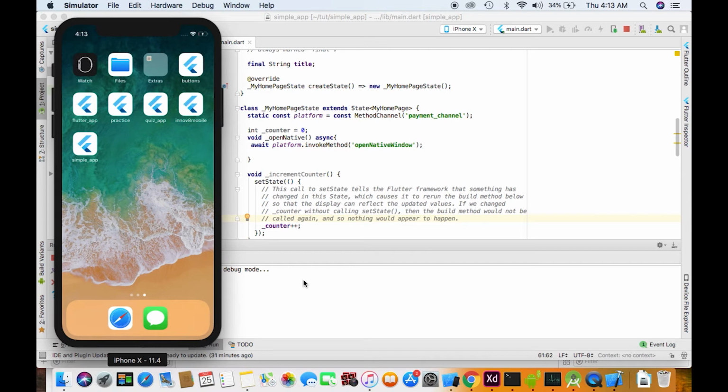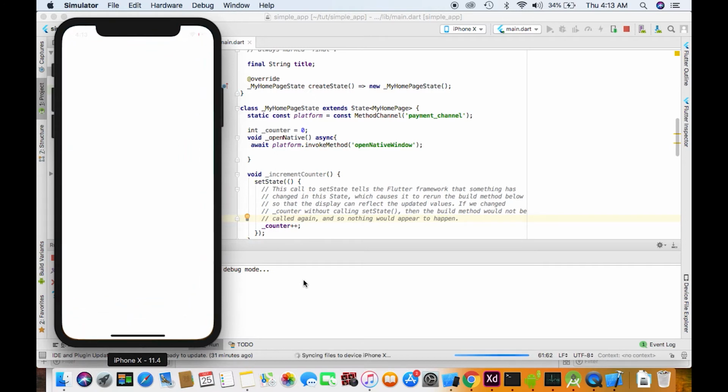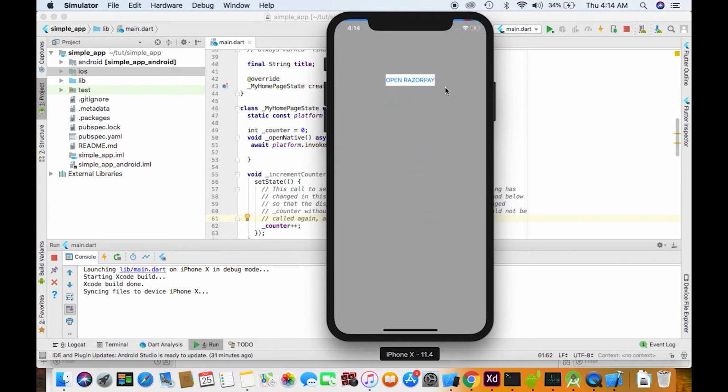Okay, so our view has come. Now let's check if this is reflecting this or something. Okay, I think all the background is over. Let's see. Yay! We have our OpenRazorPay native view popping up with animated style. So you can give animation also. It's like all the codes are available. So in this button, nothing happens. So we'll give some functionality to go back and execute and open the Razorpay.